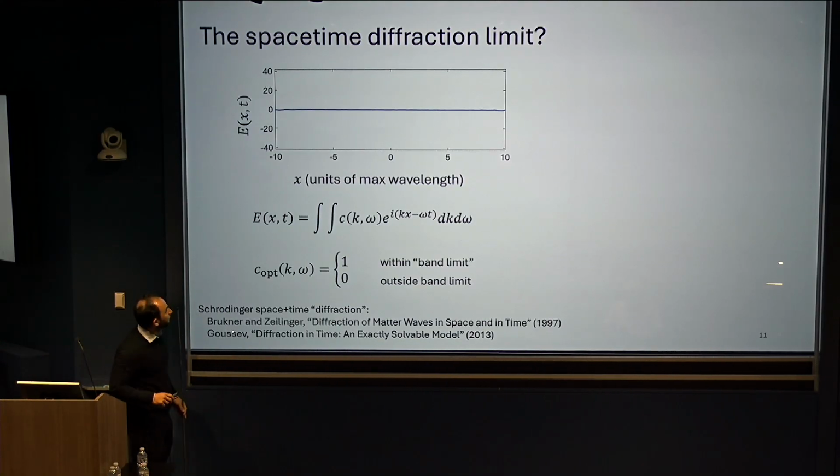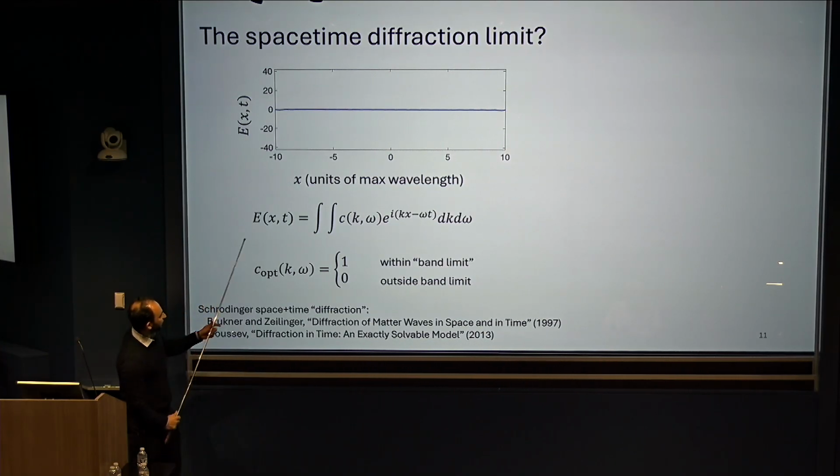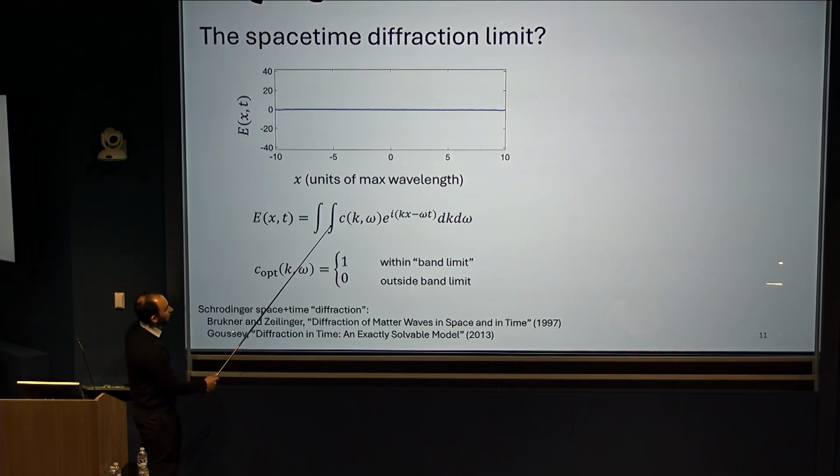What about space and time? I'll just do this briefly. But suppose you want to send in a pulse, and your goal is not just to maximize the field intensity at x equals 0 and y equals 0 and z equals 0, but also t equals 0. So then now you have access to plane waves, e to the i(kx minus omega t). Let's take it one-dimensional in space. So I have some parallel wave number I can control. I have a frequency omega that I can control just for scalar waves in 1D. And I get to control the coefficients within some band limit.